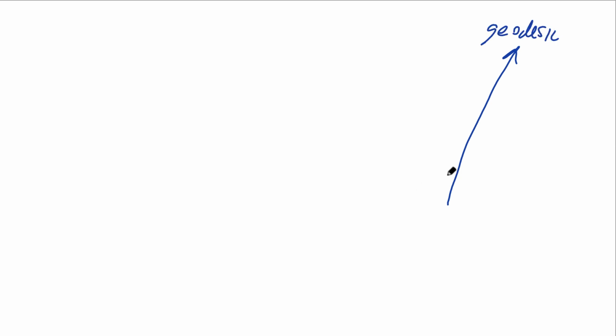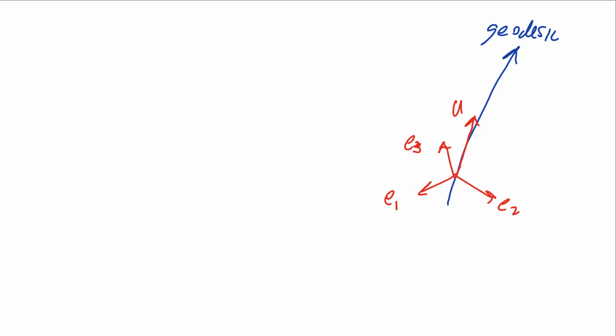The observer carries a set of spatial basis vectors, E1, E2, I'll go ahead and draw E3 here. These basis vectors are orthonormal, they're orthogonal to each other, and they're normalized, and they're orthogonal to the forward velocity of the observer. And the observer uses these 4 basis vectors to construct a set of coordinates for events near